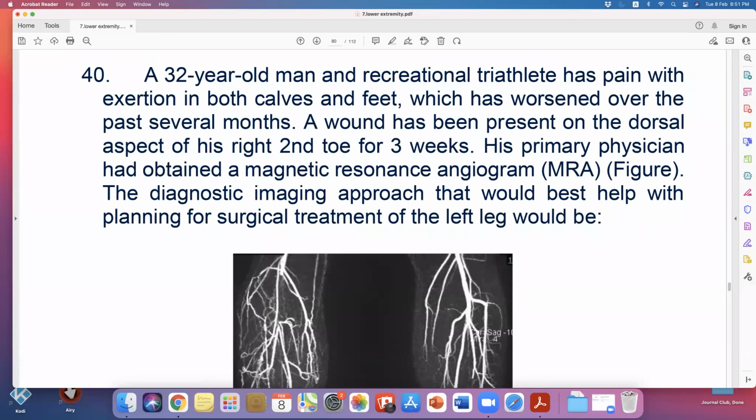So they're talking about entrapment syndrome. What they said, what is the best imaging? Now, they're not talking about what surgery you're going to do. What the imaging will help you do is plan your surgery. When you have entrapment syndrome, what's the problem is